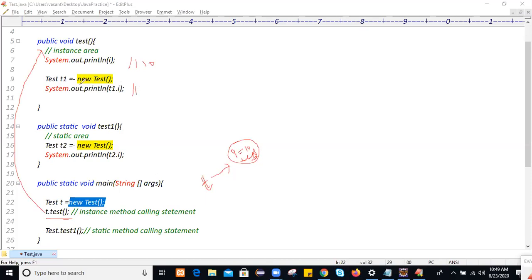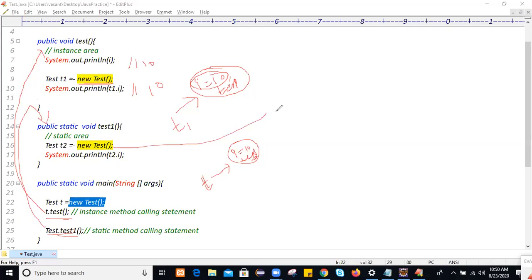And the moment you write this statement, one more object will get created, and t1 will point to that object. Within this object, one more copy of the instance variable will get created and one more copy of the test method will get created. On this object t1.i means from this object you are getting this 10 value. This 10 value again will get displayed. Again you are calling the t.test method. This test1 method will get called.